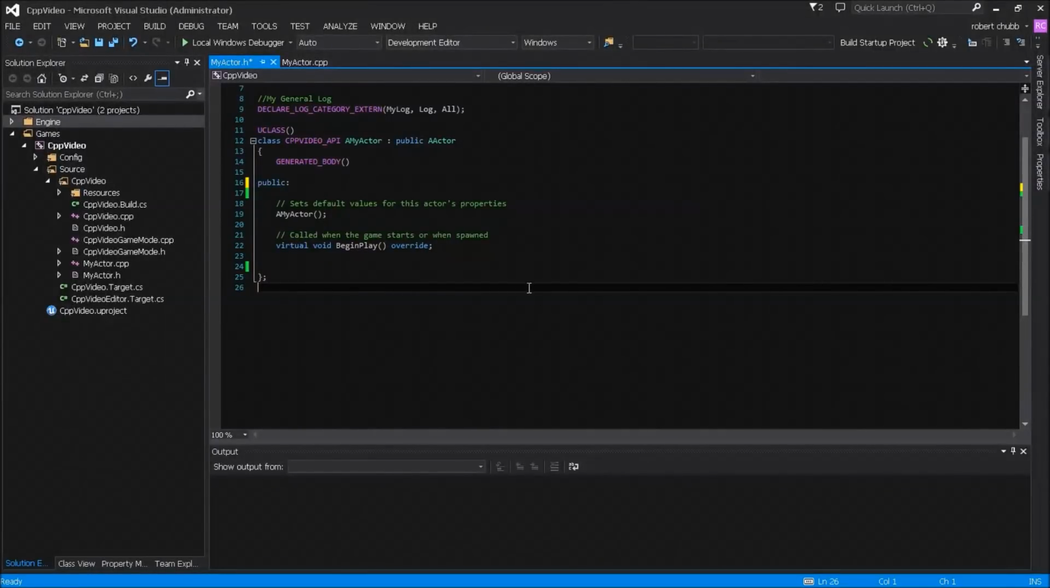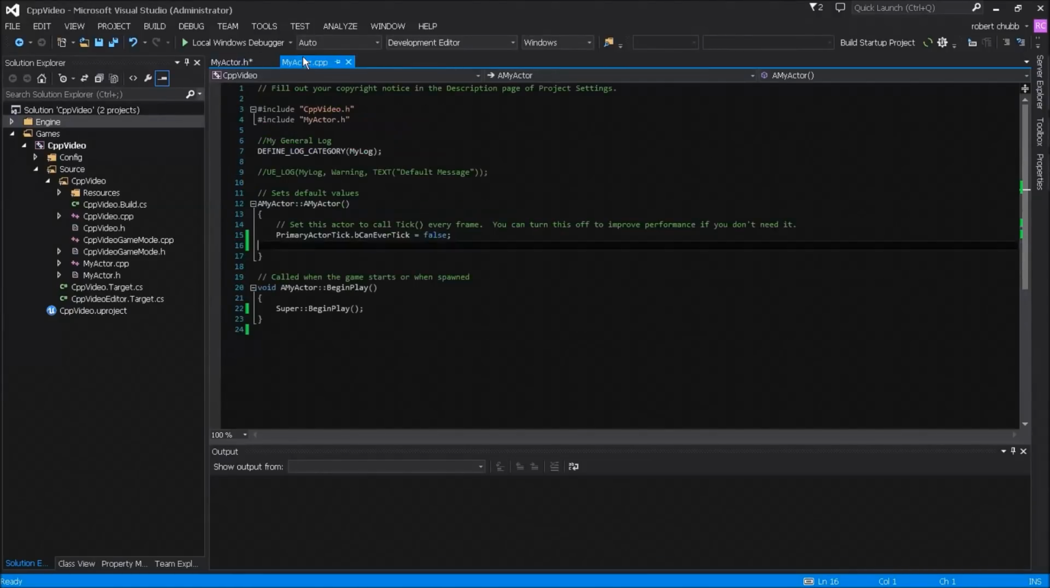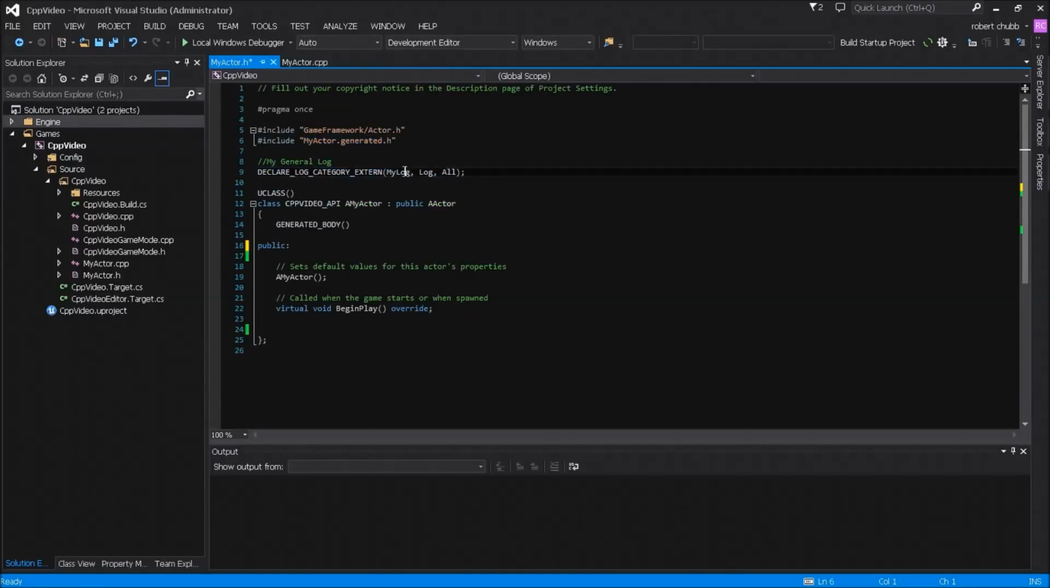Okay, so I've just erased everything that we've done so far up to begin play. So essentially all that is in here is our begin play method and our constructor and the default log setting up and the commented out message, as well as the log implementation, definition rather. Okay, so